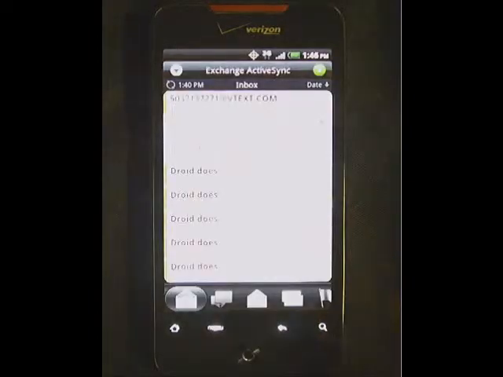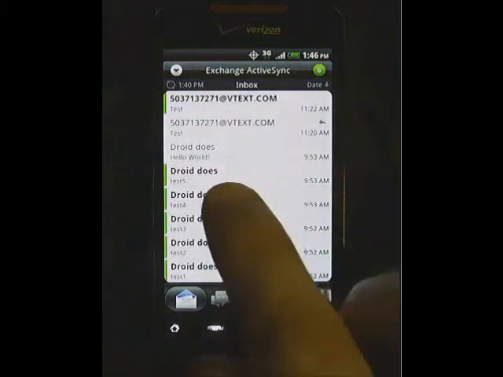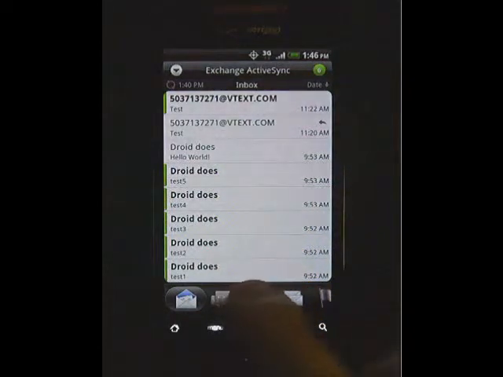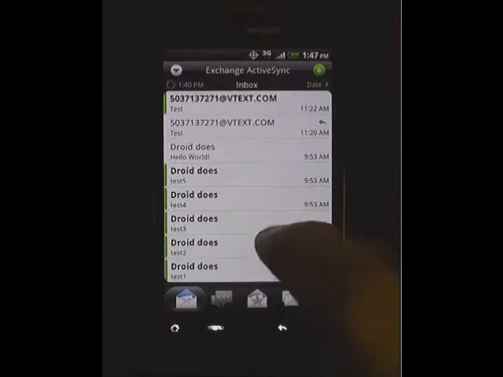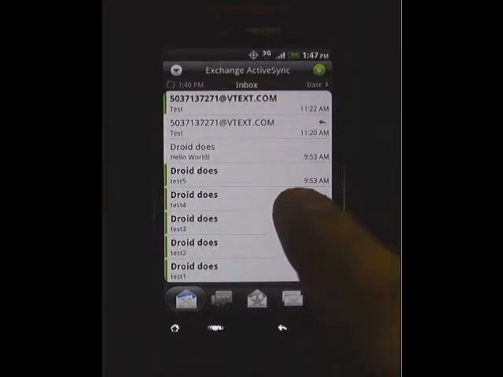So if we tap on Mail here, you'll notice highlighted in bold are 6 messages that I have not read yet. This is our inbox. Again, at the top here, you'll see that bubble with the number 6 around it. That just shows the amount of unread items that are in there. If you want to browse this list, scroll up and down. You just simply track your finger up and down,